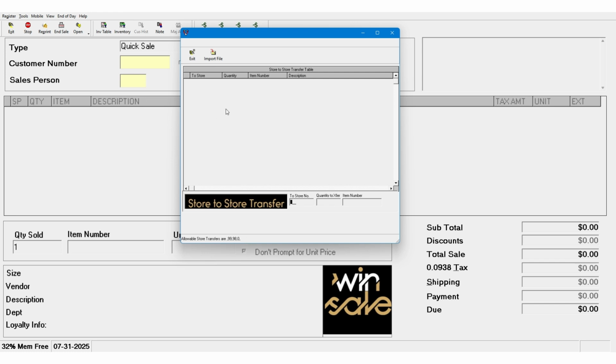Right now, you should be in the store that you want to transfer from, and then you can specify to which store you're doing the transfer to. So in this case, we're just going to transfer to store 99, and then we hit enter, and it will ask us for quantity. In this case, we're just going to do 1,